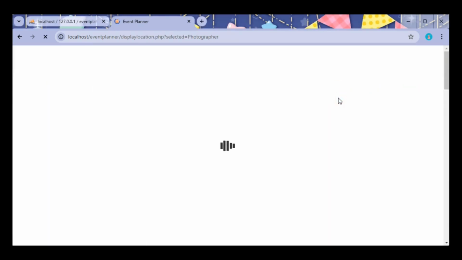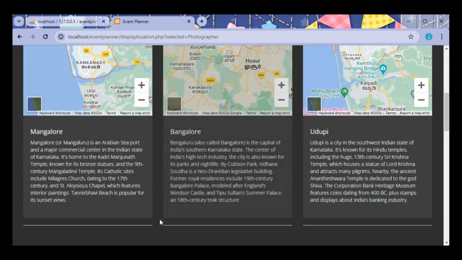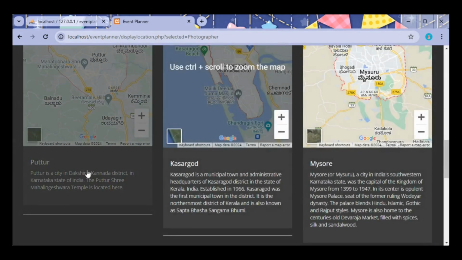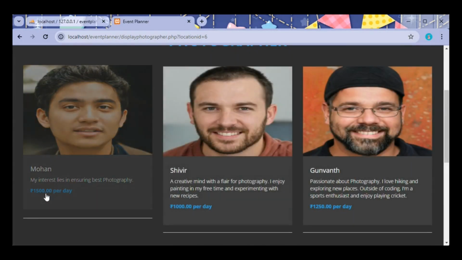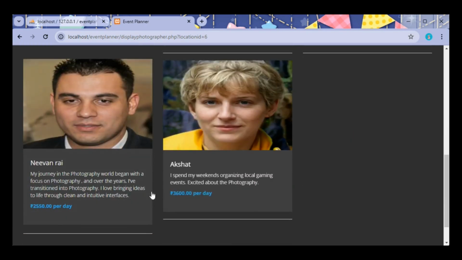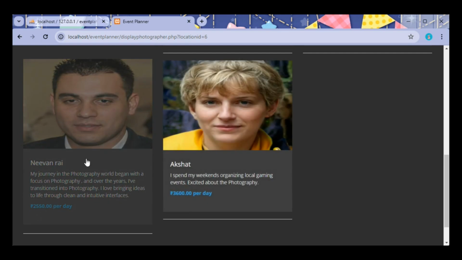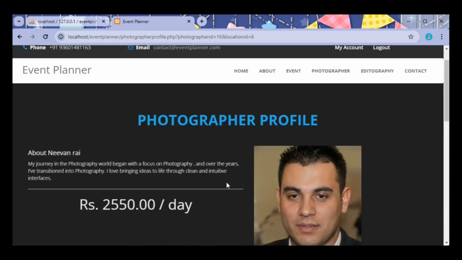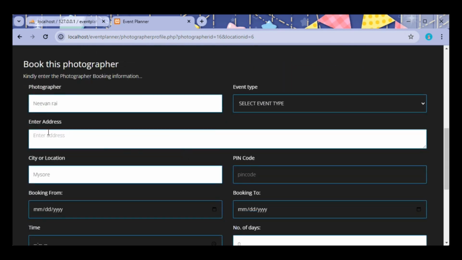Click on photographer. Here the customer must select the location where they want the photographer to appear, and then the various photographers that are available in that particular location are available to view, and what are the charges they charge per day is also available to view. As per the convenience of the customer, they can select the photographers, and once they select the photographer, they must enter the